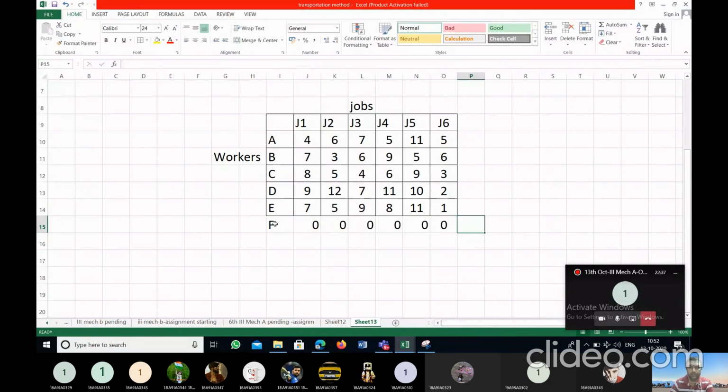You write a small note that the assignment problem is unbalanced, so we are making the balanced matrix by introducing a new dummy worker. Whatever the target parameters you have in the table values, whether cost, time, distance or sales, all these values will become zero for the dummy worker.